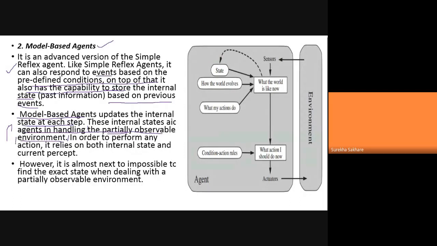Now, to work in such partially unknown environments, partially observable means unknown: we don't know what exactly the rover will meet, how the surface is in front of the rover. The rover is that which is crawling on the surface of Mars or whatever planet you are sending it to. Now, in order to perform all these actions, it should at least understand what exactly it has been through, always the past history, is it not? And the current scenario, what it is going to get.